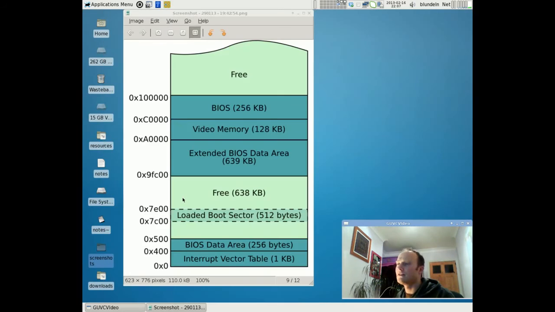Note when I say after it as well, this might be confusing at first. I suppose you take it for granted after a while, but sometimes you see memory upside down, well, depends how you think about it. Here 0, the lowest memory address, is down here and the highest one is up here. So when I say I'm loading it after my boot sector, I mean I'm loading it here, which is higher in memory, okay? Because we